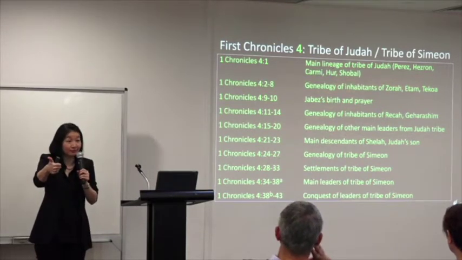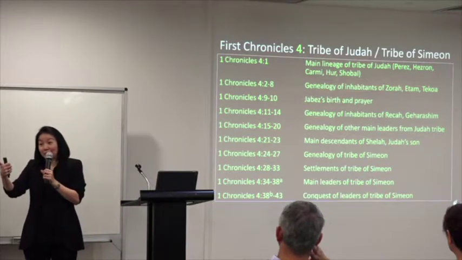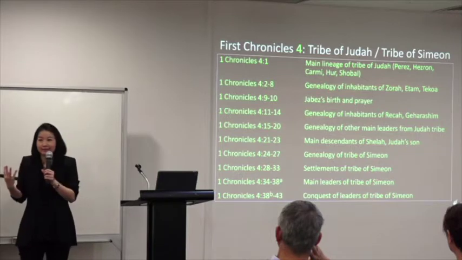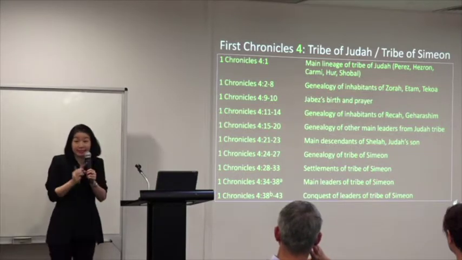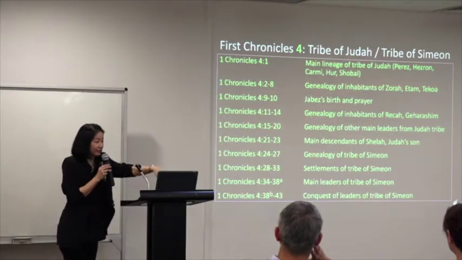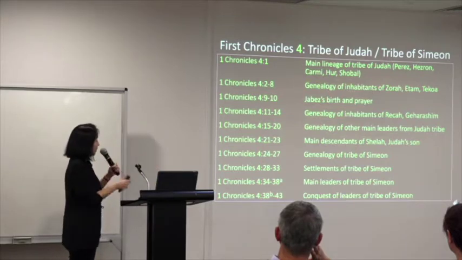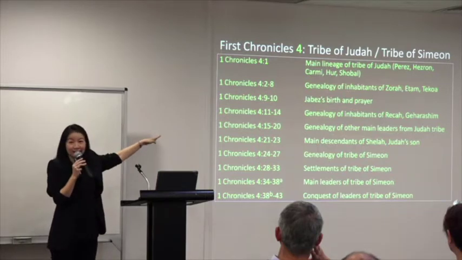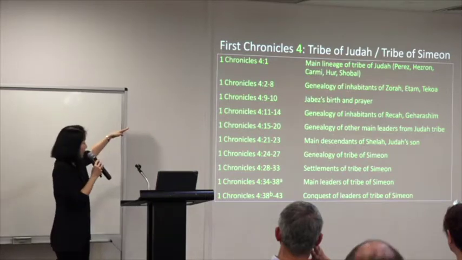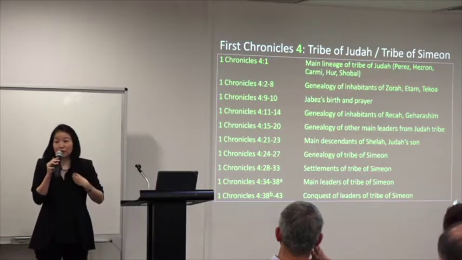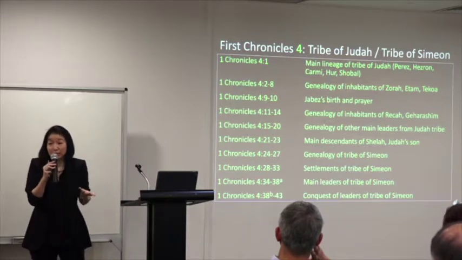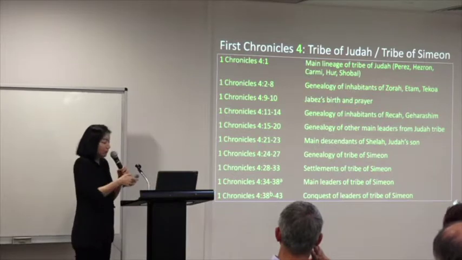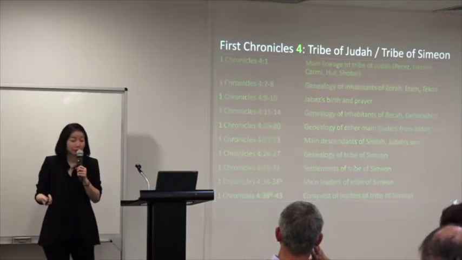Either number 1, yes, they flourished. Or number 2, they played an important part. Something important that they did. So in this entire 1 Chronicles chapter 4, you can see certain names, right? It comes from Judah, but you see Jabez's prayer and birth. He prayed, "God, may I not be the one that causes pain, but let me bring good, right?" And expand. So the last 4 are on Simeon, and let's see what's the reason.